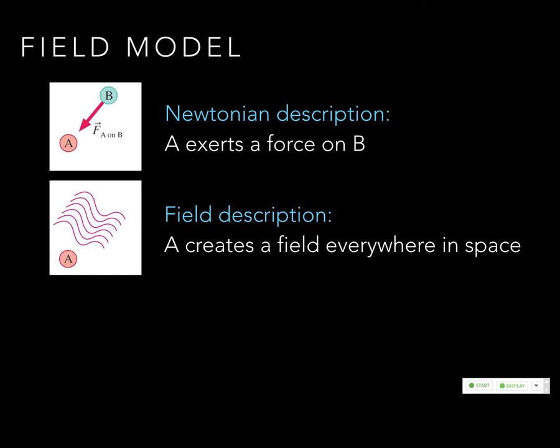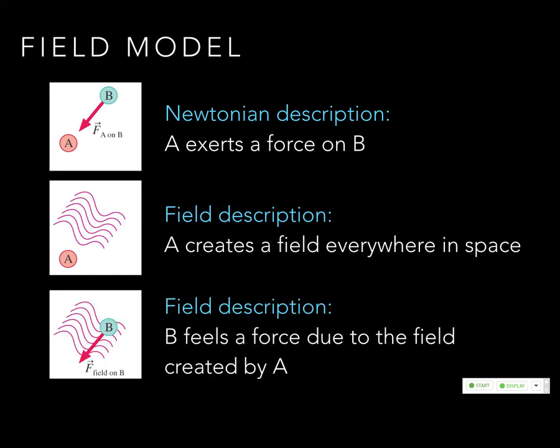So, for instance, from the Earth, if we know there's a big mass here, we know everywhere around the Earth there's gravity. There is a gravitational field. So if we put masses around the Earth, we can predict how they're going to behave based on that field. Okay? We don't have to calculate the force individually for anything we would put in the field. All right? So that's the difference. And so the way we would think about this is, even once we calculate the field, we don't even care that A's there. Now there's just a map of what's going to happen everywhere in space.